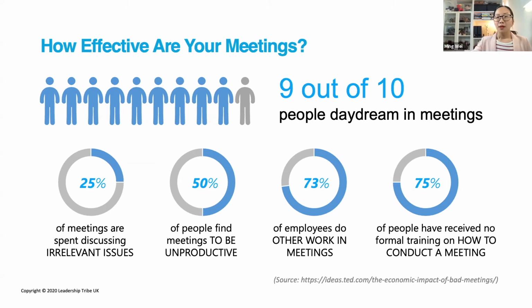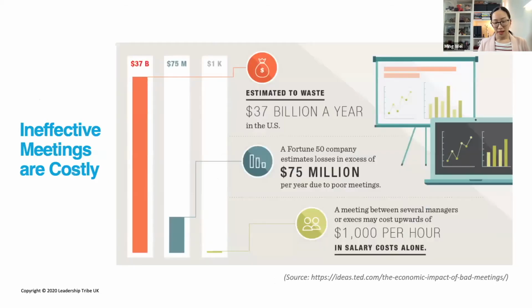All right, so we have talked about all these ways and all these figures. And one thing it all comes down to is the meetings, especially the ineffective meetings. They are costly. So thinking about all your meetings, including the one I mentioned involving senior stakeholders in the steering committee, and not only senior stakeholders but also other people in the organization, like the team members and the team leads working together, we are not only talking about their salary being wasted in meetings which do not create any value.